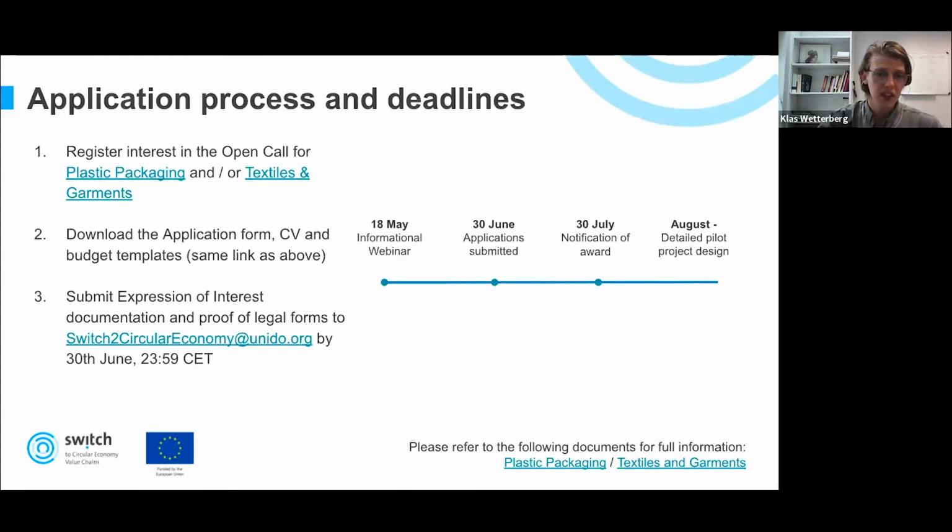The process for this is that all parties who are interested in submitting expressions of interest should download all of the relevant documentation, have a good read through it, think of project ideas, and then they should submit those applications to the email outlined on this slide. And those expressions of interest should include both a clear project plan as well as CVs of relevant parties involved in the application and a budget template. So you have about 6 weeks between now and the end of the